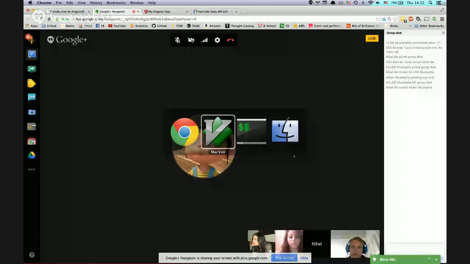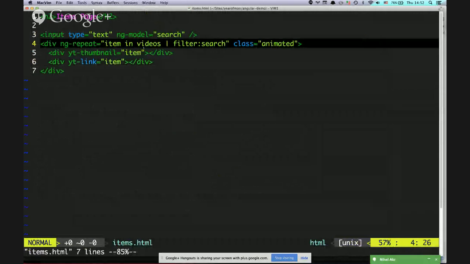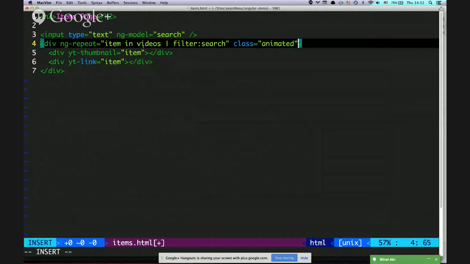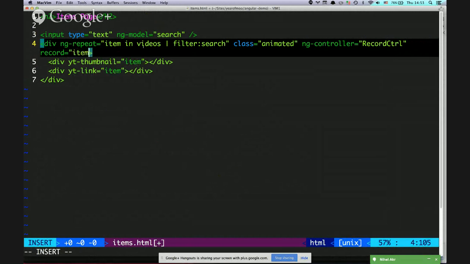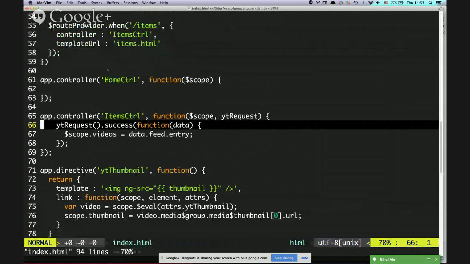So typically when you run into situations where you have something repeating and you want to delete something, you would pass in a div. I believe you can pass in the same elements: you pass in ng-controller, and then you'd say RecordController, and then you pass in something like record equals, in this case, item. And then what you could do here is, if we go back to the controller code,